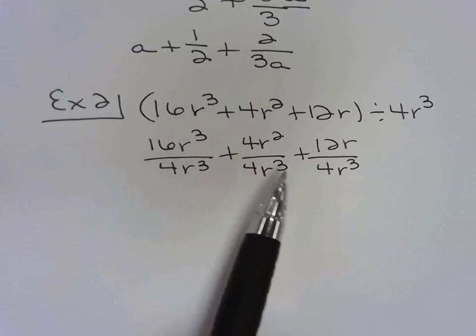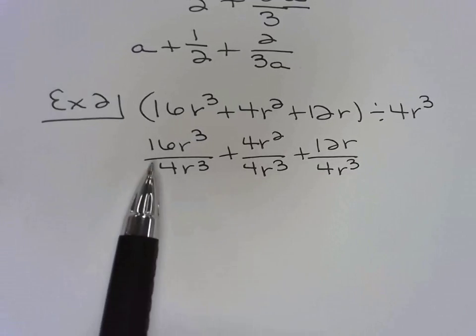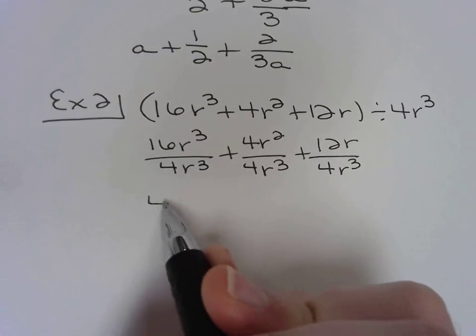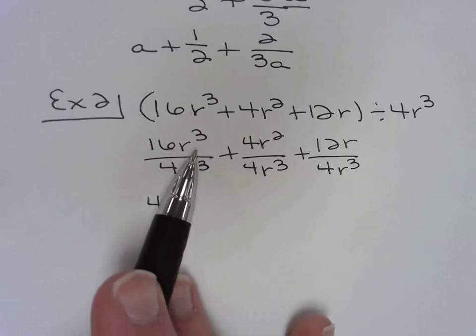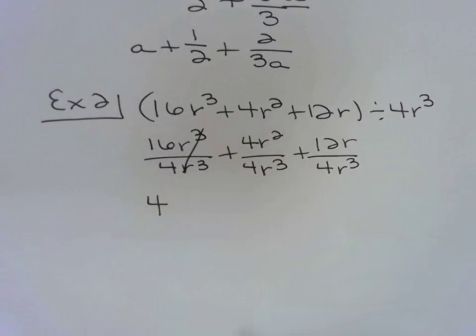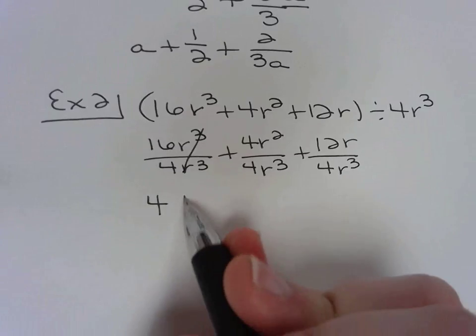Now let's take each term and actually simplify it. Let's start with the first one. 16 divided by 4, it actually divides out. So 16 divided by 4 is 4. r cubed over r cubed cancel. So it's just 4. Plus